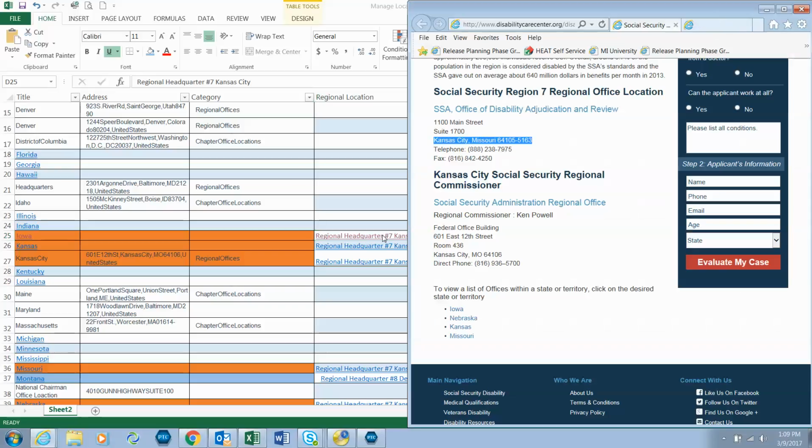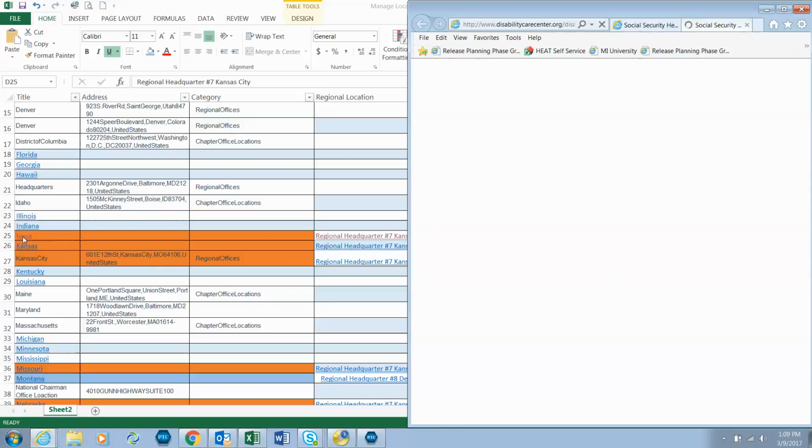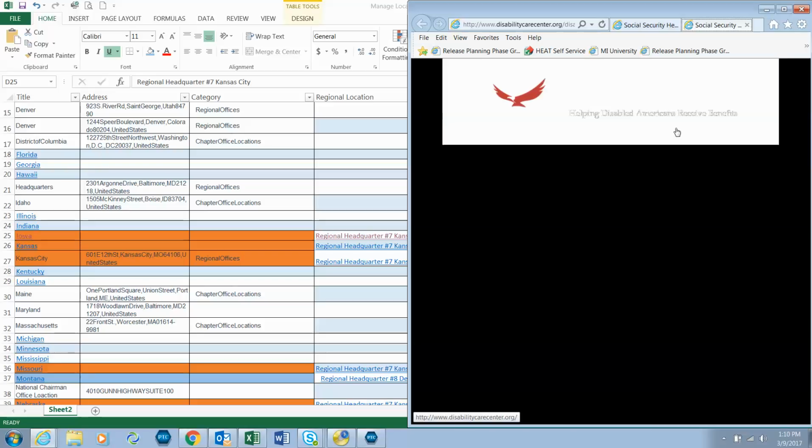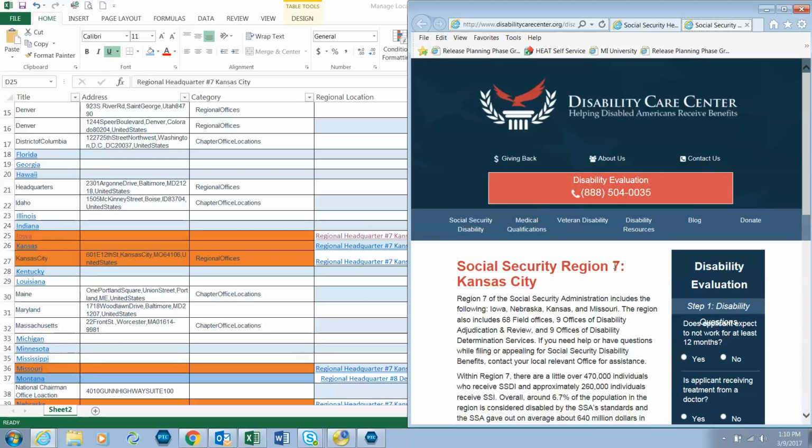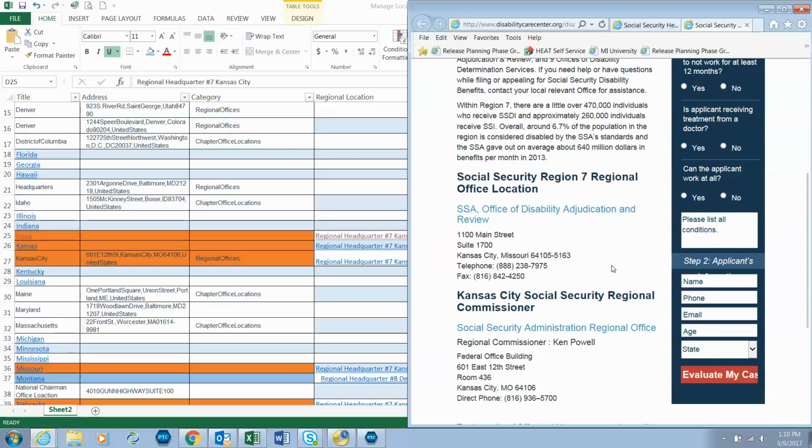When you're creating the locations, then you would just click on the particular locations. For you, Zachary, is this dark orange looking color. You click on that and it'll bring you to a similar page like this one here with that address. And I'm going to show you the information you're going to need. Okay? So Kansas City region 7, you scroll down, and this is what you're going to use, this address right here. If we go back to our latitude and longitude,